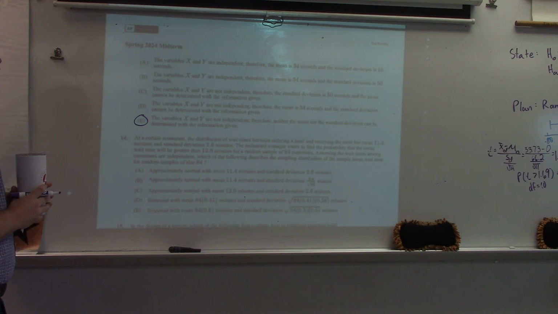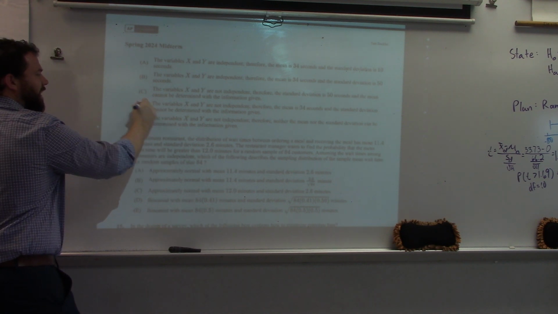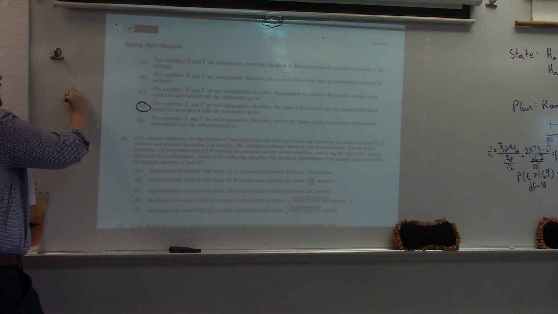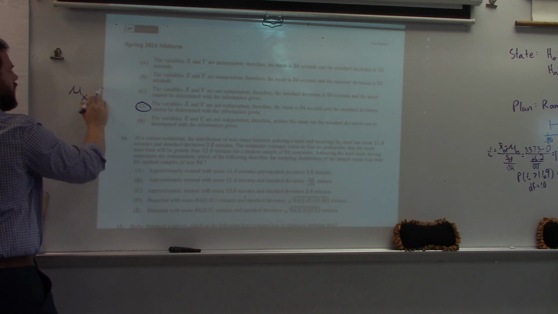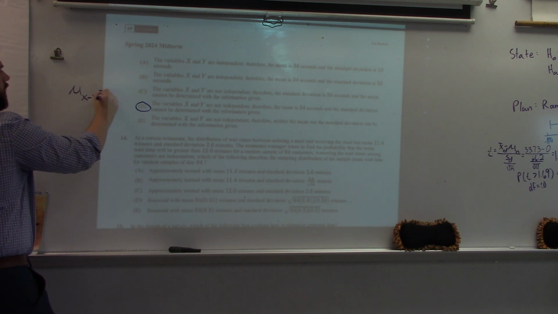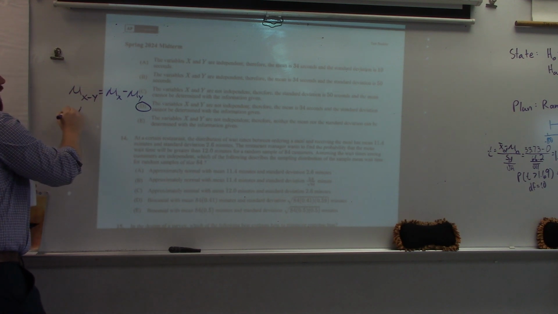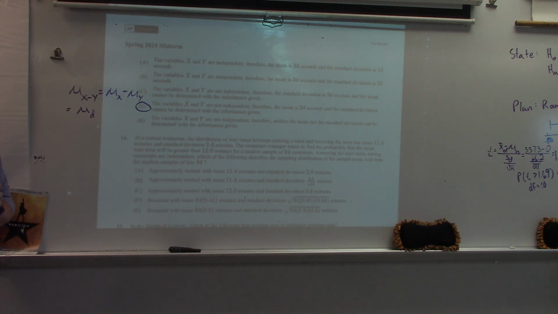Gotcha. So let's say this. So they're not independent, so the mean nor the standard deviation can be determined. Actually, it's not E, sorry, it's actually D. Okay? Because, remember this, because we just talked about this. This is two distributions, right? And so what it really is the mean of X minus Y, which would be the mean of X minus the mean of Y, but what we just talked about with the paired is that would just be the same as the mean of the differences, right?